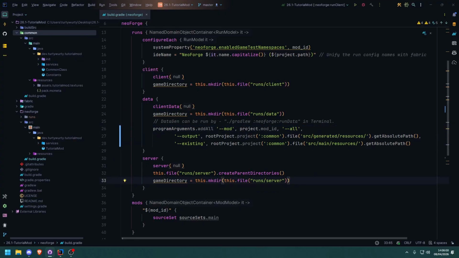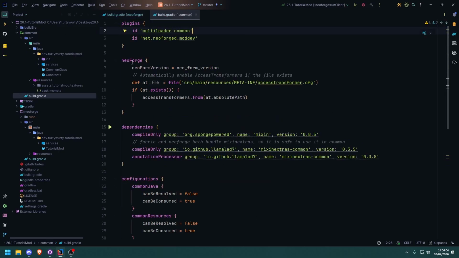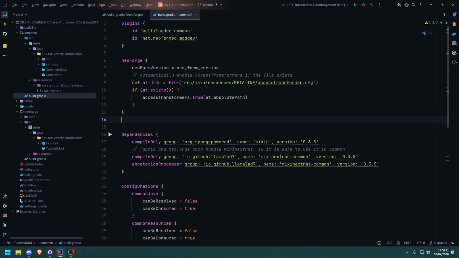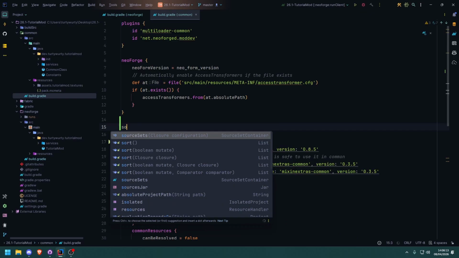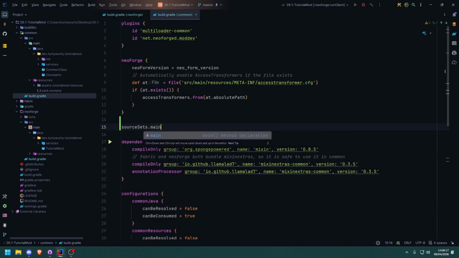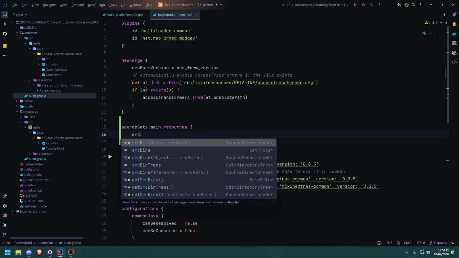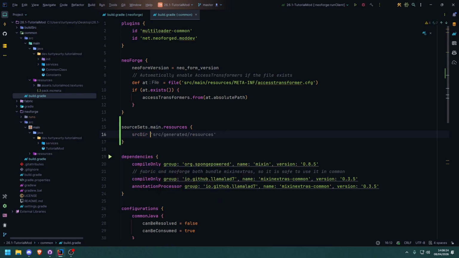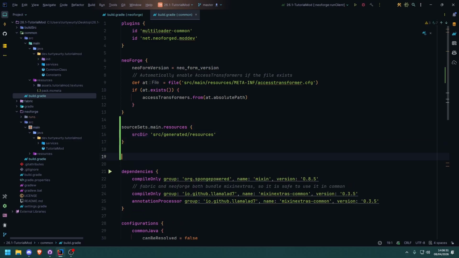And then we also do actually need to come back into our common package for a second, because we need to modify this slightly so that it knows where our resources are going to be. So we're going to find the dependencies block, and then down here we're going to do source sets dot main, and then dot resources, and we're going to specify that the source directory will be source / generated / resources. Then we need to define the common resources directory. So def common